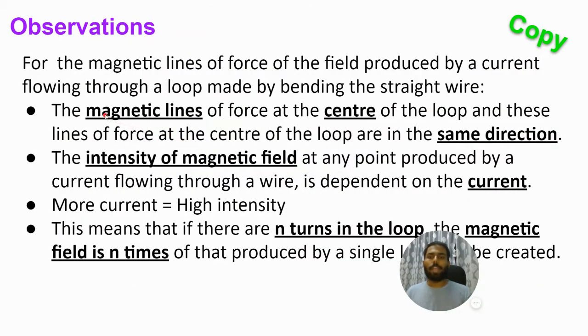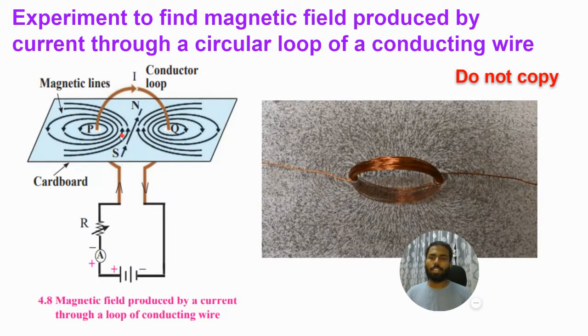Next, the magnetic lines of force at the center of the loop and these lines of force at the center of the loop are in the same direction. I think I have written it wrongly. Okay, do check this line from your textbook. But what it is trying to say is, see यहाँ पे भी